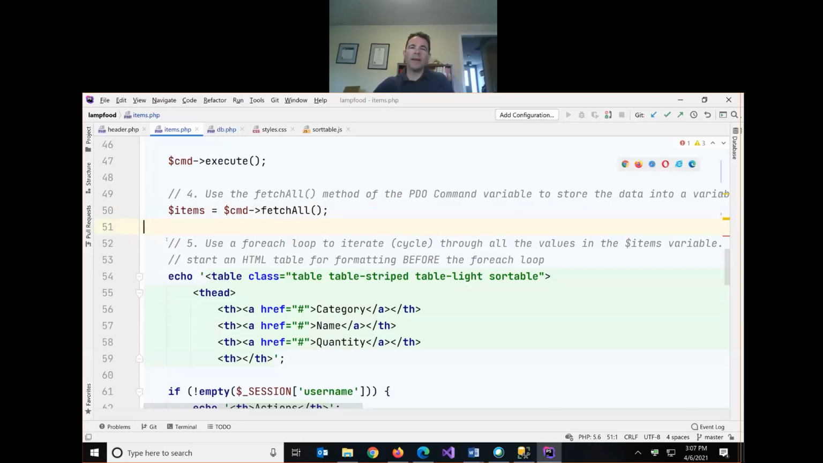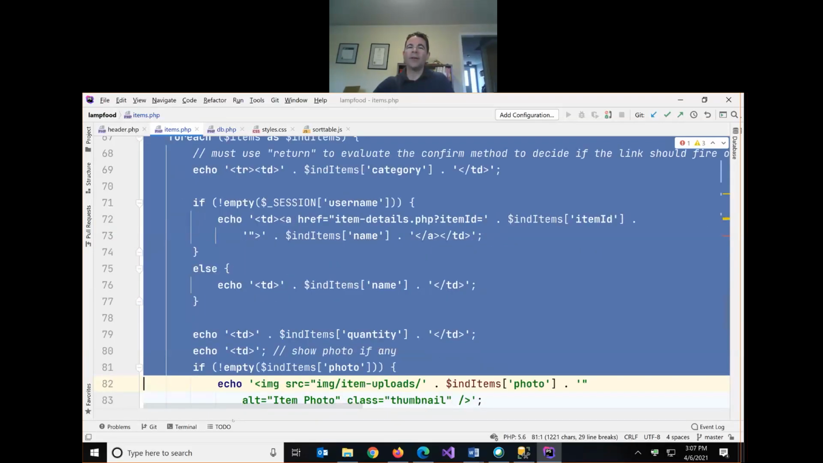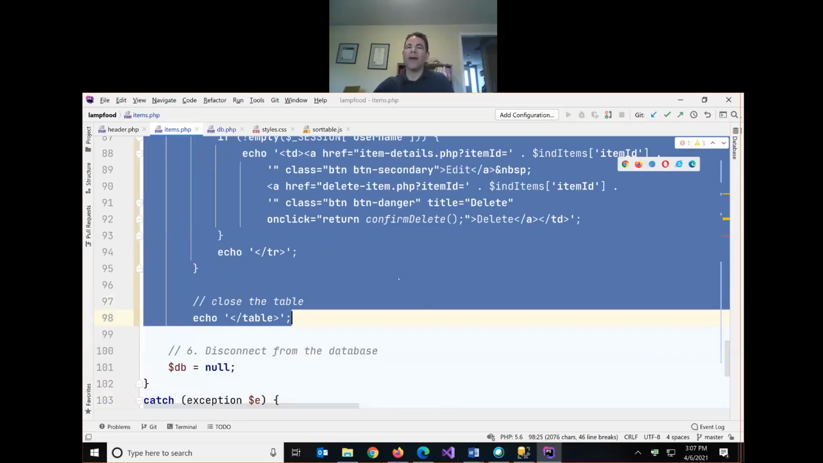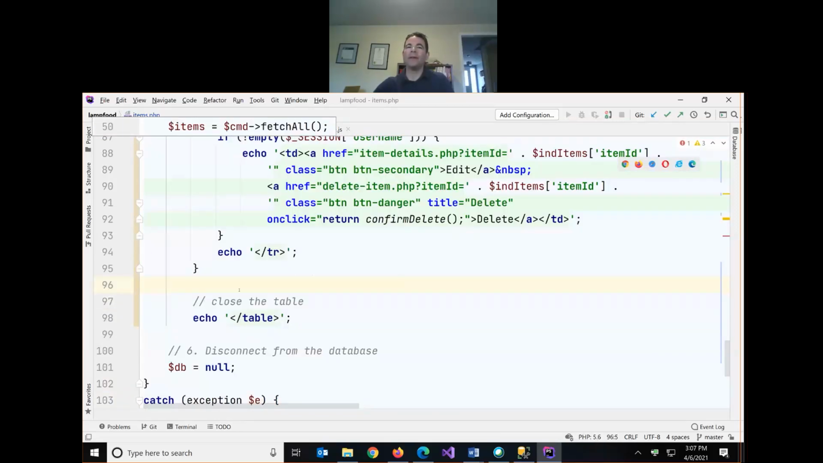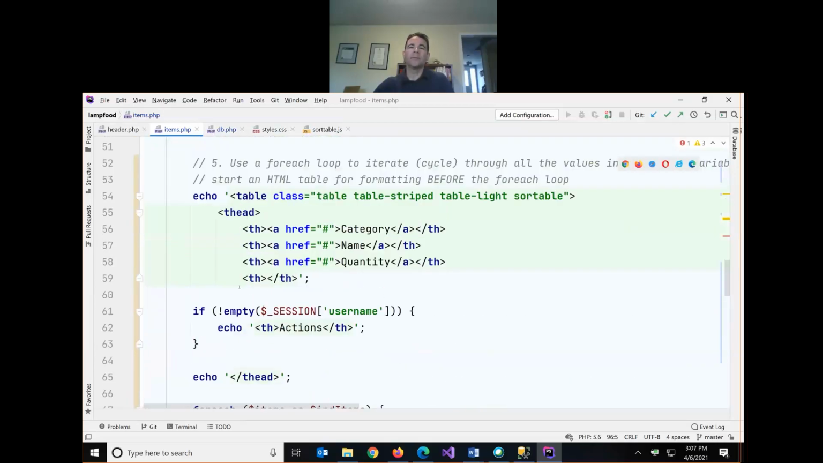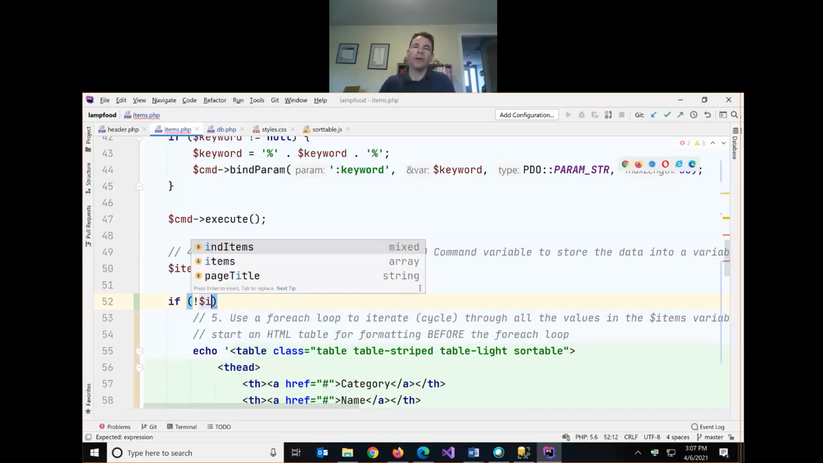So what I'm going to do is take all of this code starting here that generates our table. I'm going to indent all of that because I'm going to wrap everything about printing out our table inside of an if statement. So we'll say, if items is null, so we can just do it this way,